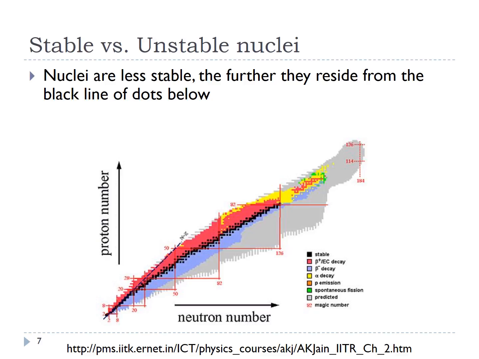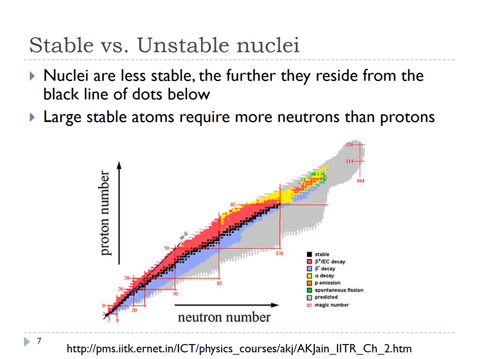But then as you get to larger nuclei, you start needing more neutrons compared to protons. You can eventually even get to the point where you have almost 2 times as many neutrons as protons. Okay, so black here is the line of stability, and then these other colors, like red,